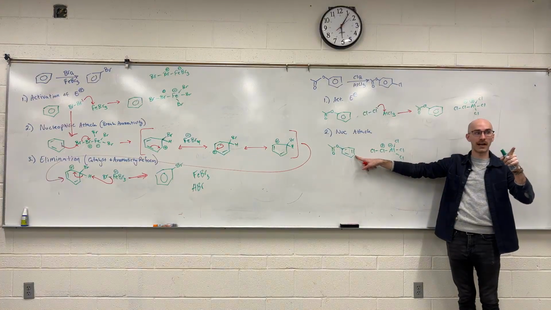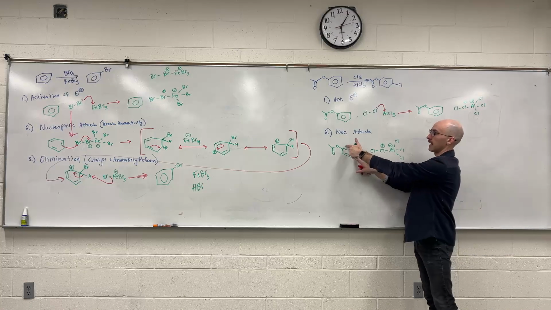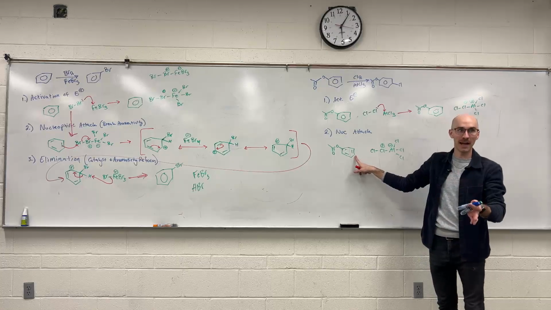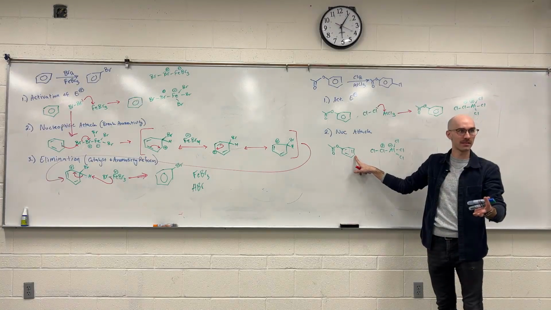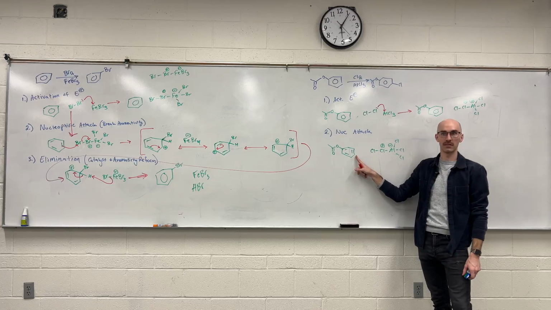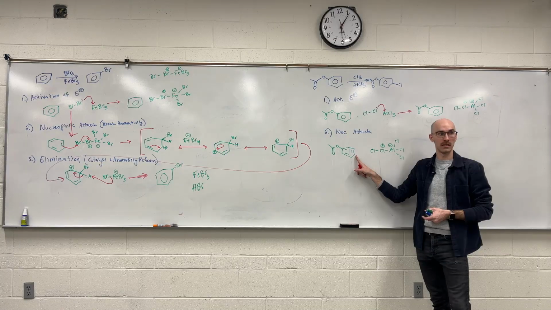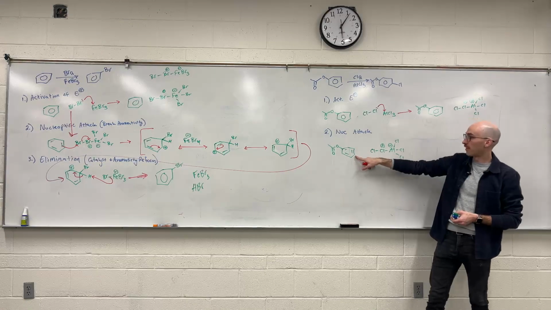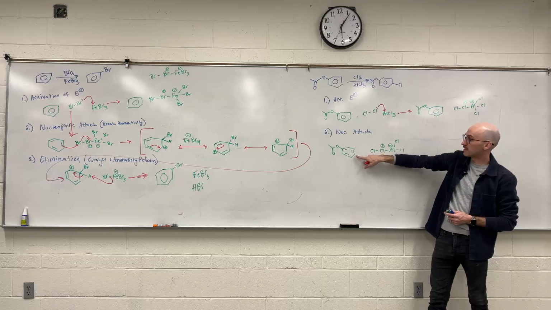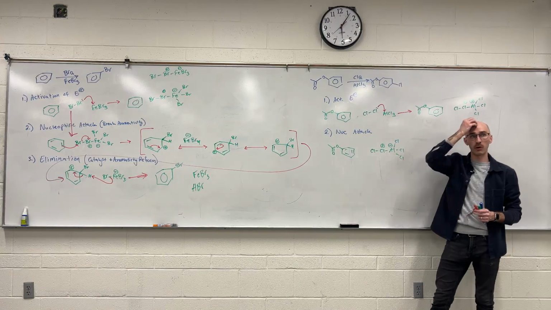To be fair, I know a lot of you are just copying down the placement I've drawn for my pi bonds, but it doesn't really matter where you've drawn them. This carbon will always have one pi bond connected to it. That pi bond needs to attack. This carbon is going to be the one that attacks the chlorine, which means this carbon's pi bond needs to be the one that attacks. Before I start there, though,